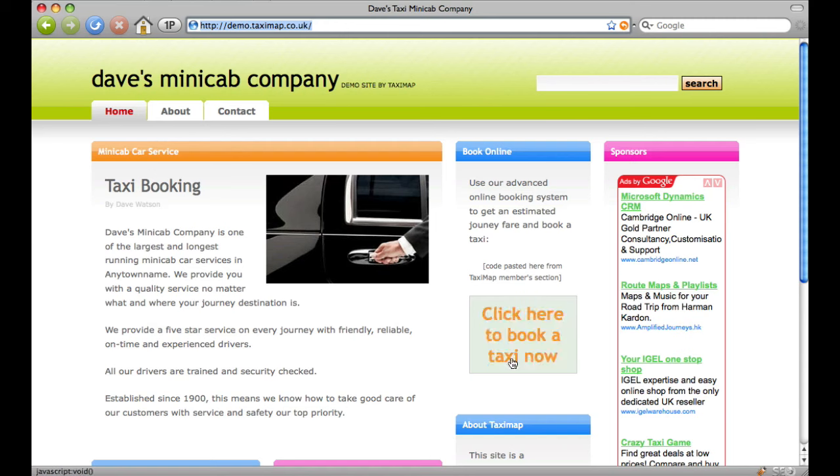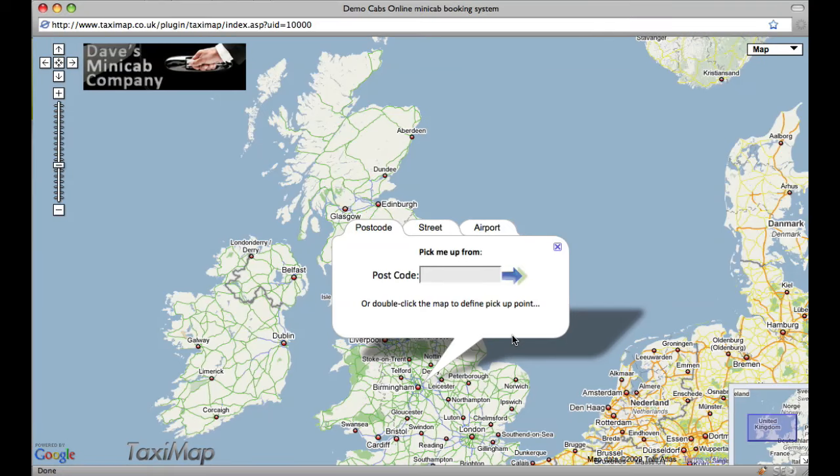Taximap appears on your site as a link. The link can be any text you want. Users click the link to launch the system. You can see your logo displayed, and the customer is presented with a tabbed pop-up window asking for a postcode, but this needn't be the first method used to add stops. In this case, we will enter a postcode,